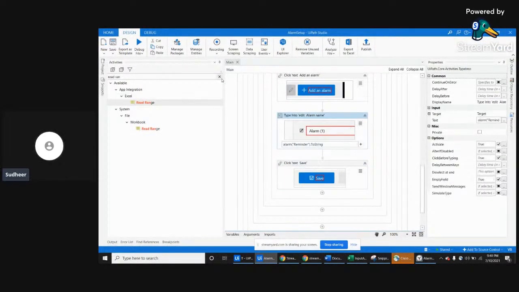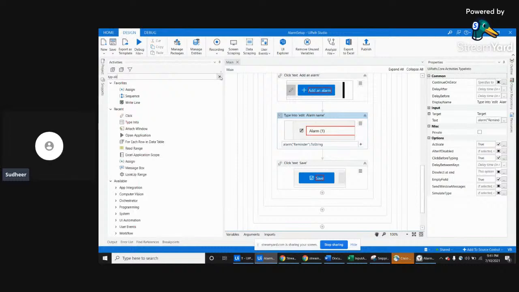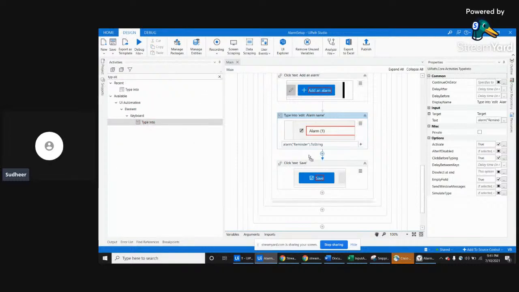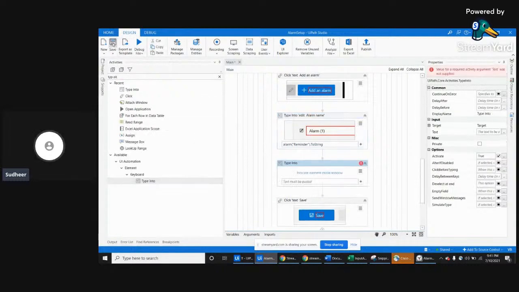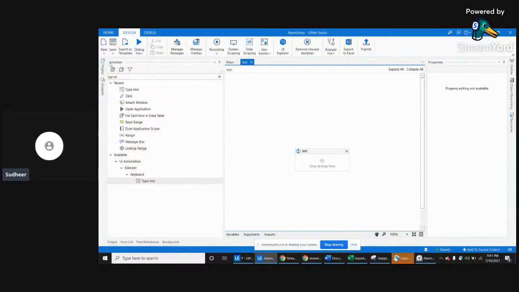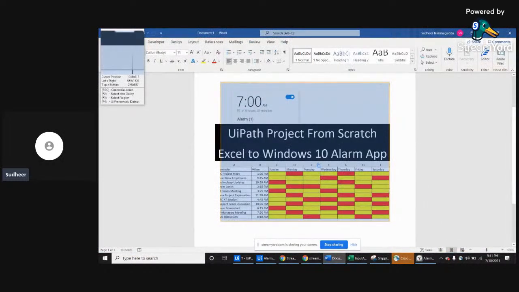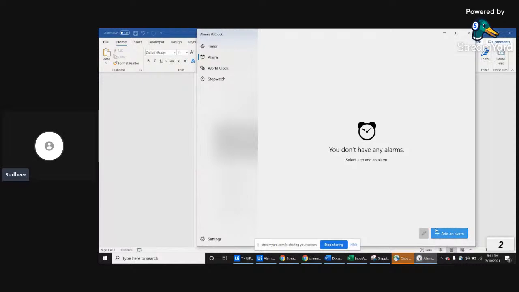Before saving, we have to use another type into. But before that, let us test with one sample test application to see whether it will type properly or not. Let us try to click on that, indicate on the screen